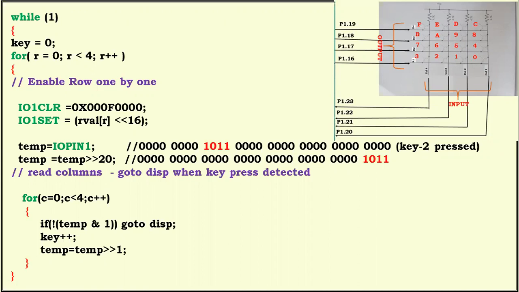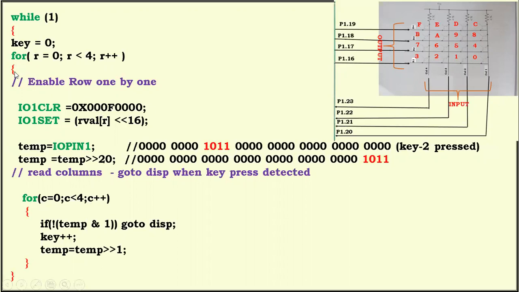So 1 for loop for an array, and 2 for loops for a matrix. That's why here I'm going to use 2 for loops: the outer for loop for your row and the inner for loop to control your column.